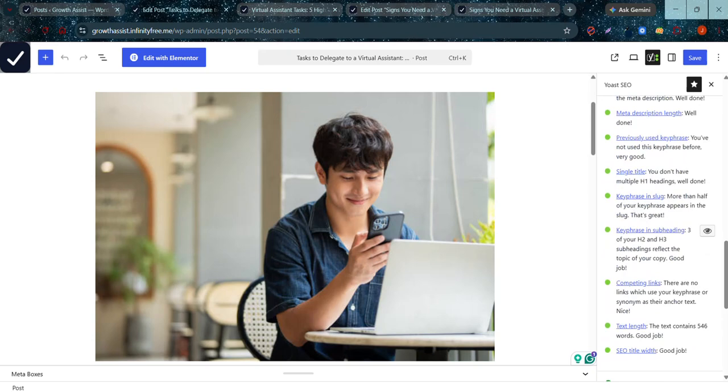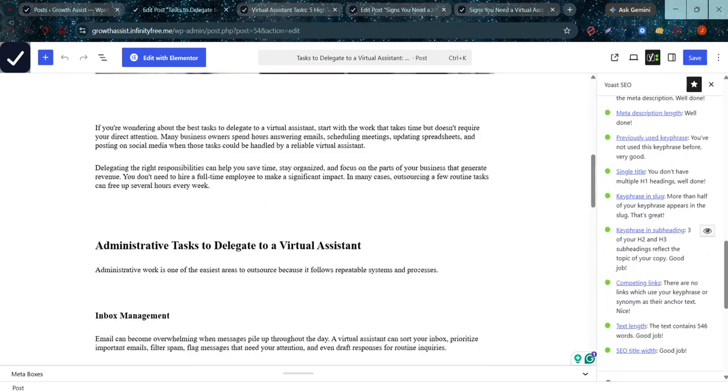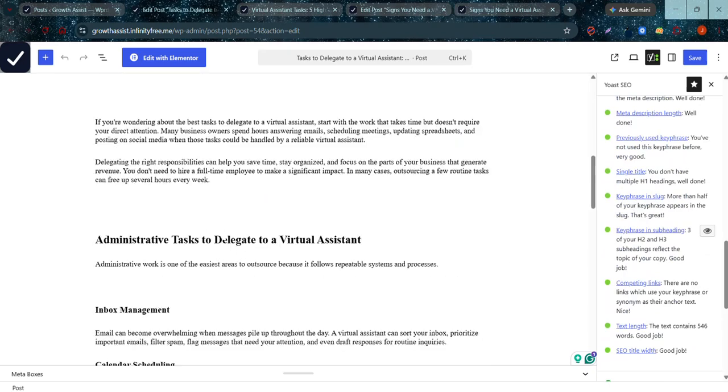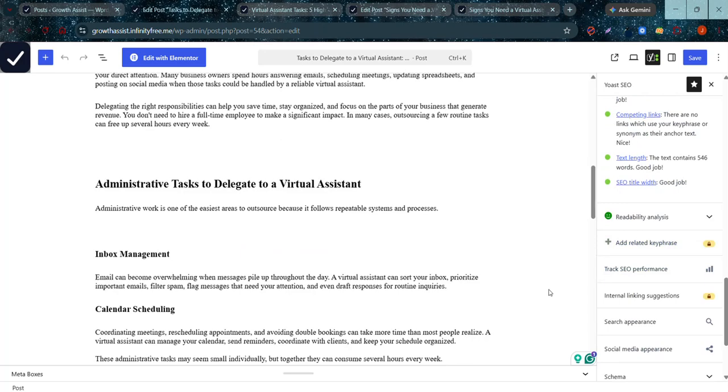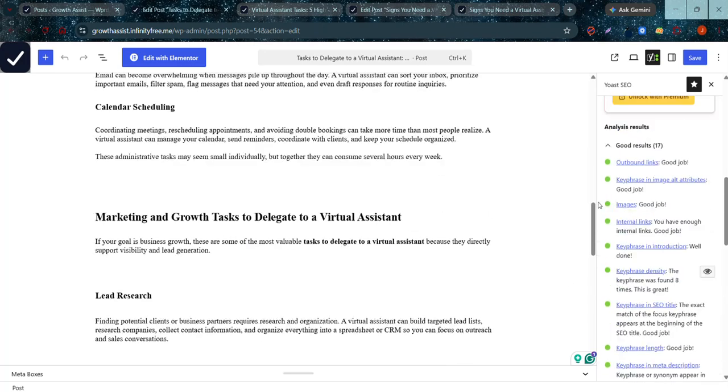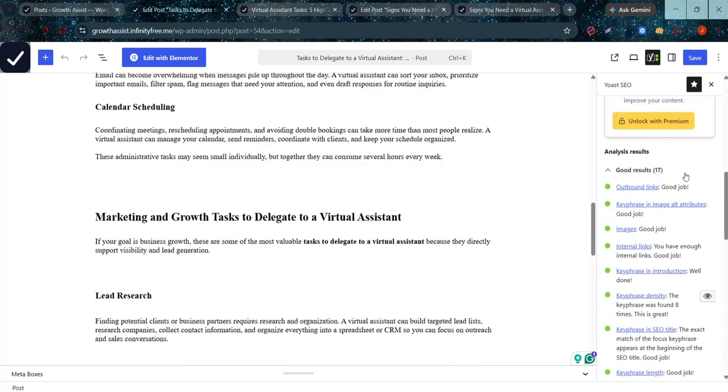And then key phrase and slug, key phrase and subheading, which is the heading 2 and the heading 3, and all others. As you can see, all the results of my SEO analysis are good.